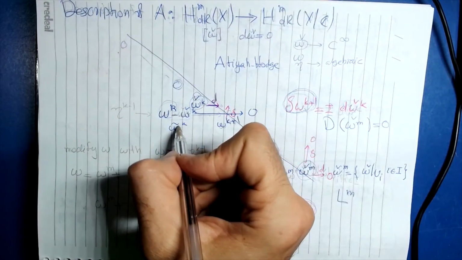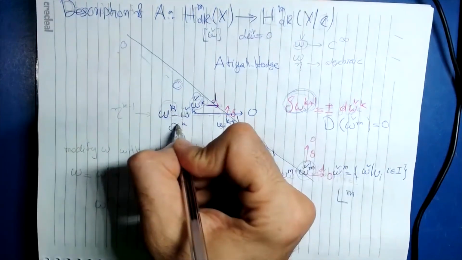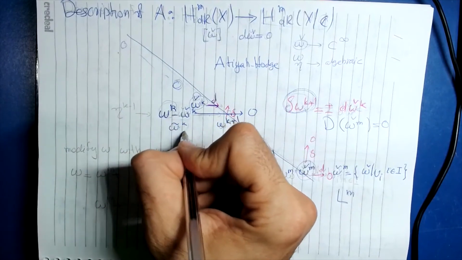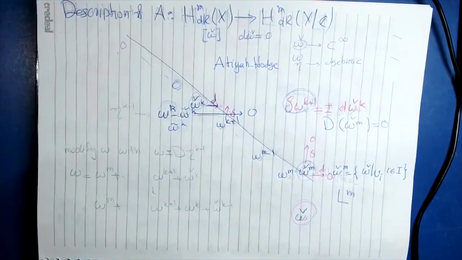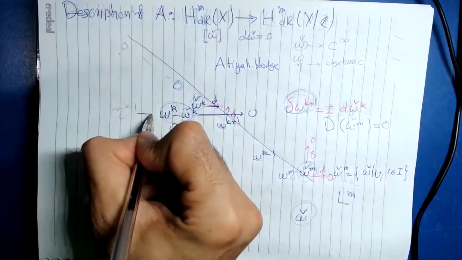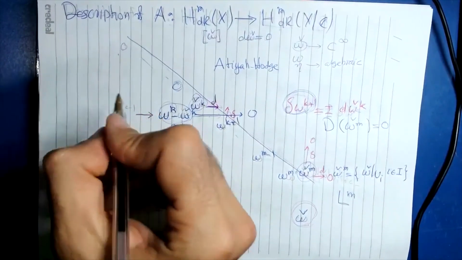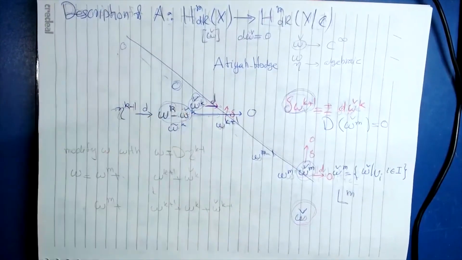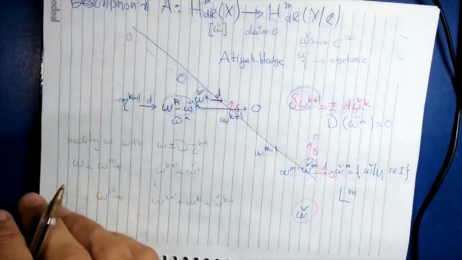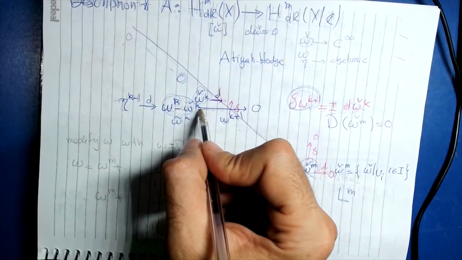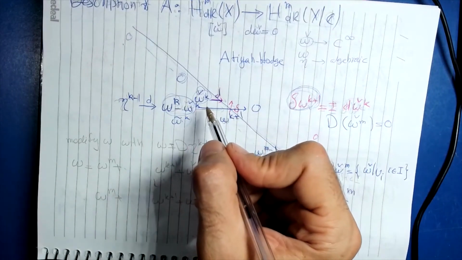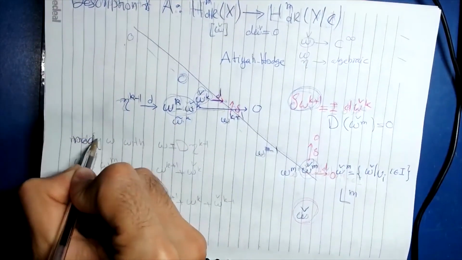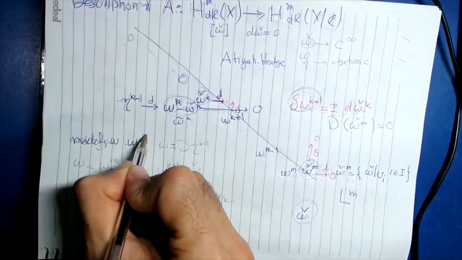So we just replace omega k with omega k minus omega tilde k, and we can assume that at the end of the day this is 0. This means that it comes, by d, from some omega k minus 1. So we are almost done. We twice used the Atiyah-Hodge theorem, actually two different parts of the Atiyah-Hodge theorem, to get this picture. So now we modify omega